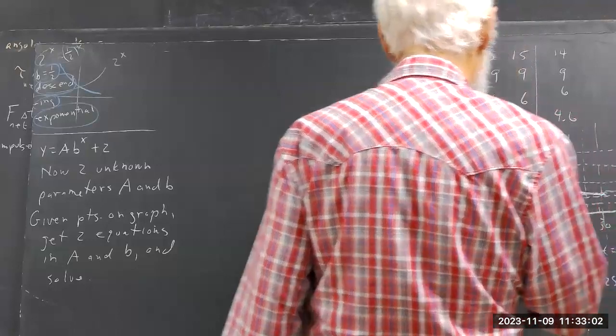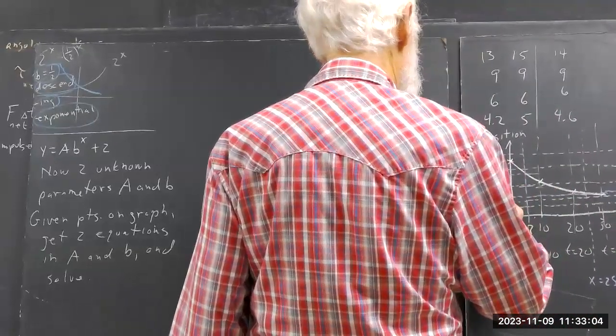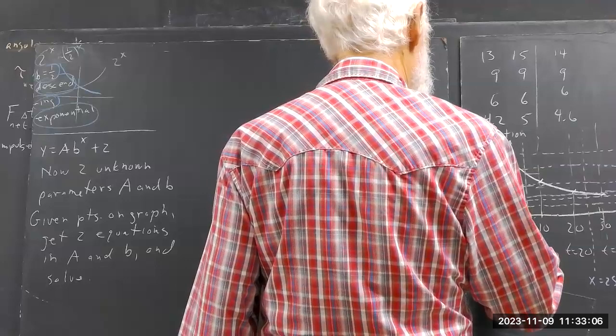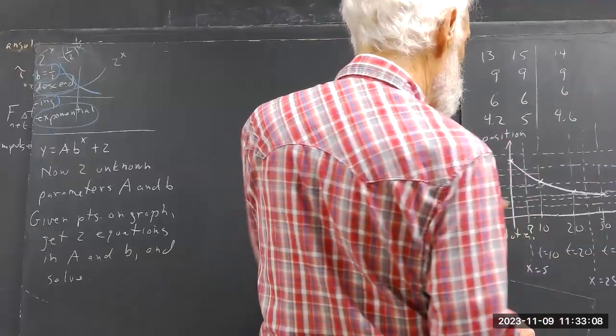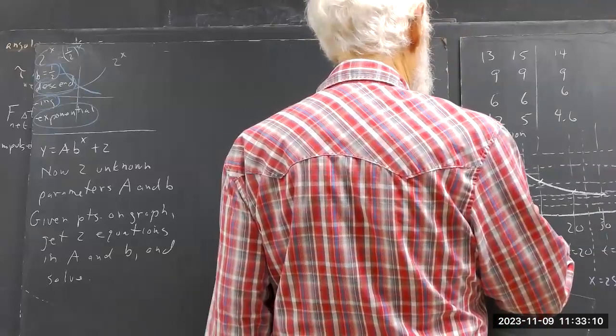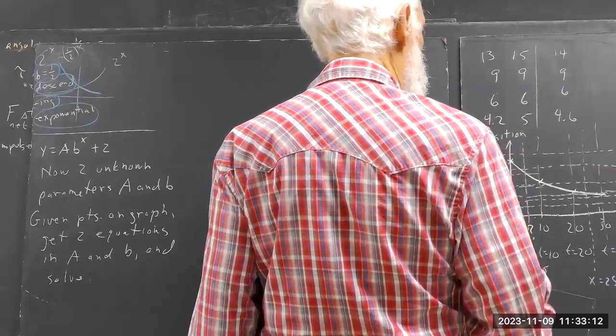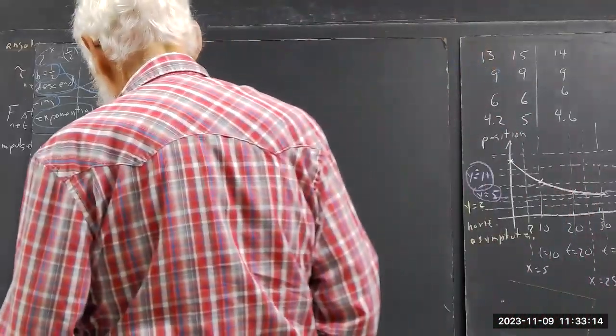This line, it looks like y is approximately equal to... there's 4 and there's that, that's about 5. Okay, so